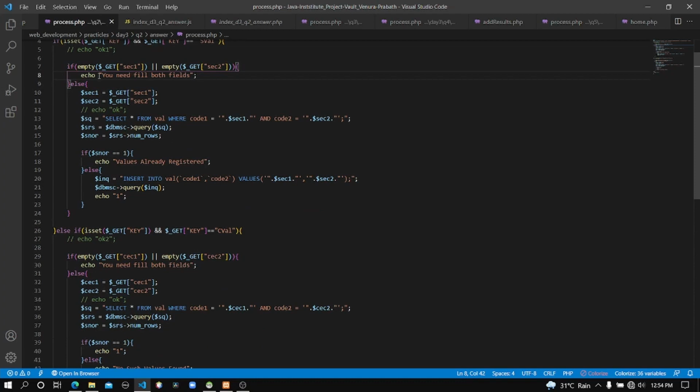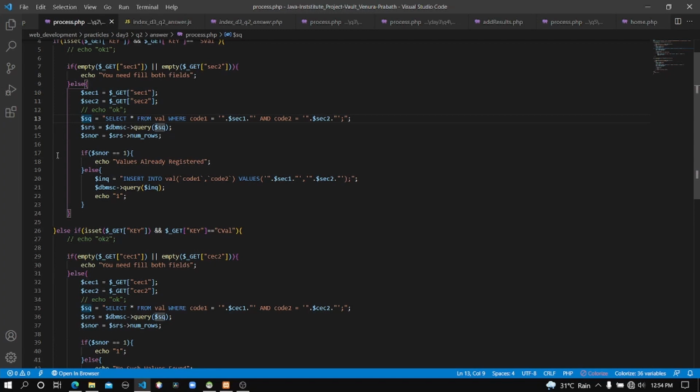So after that, if the values are not empty, it will execute the else part. Here's the else part, and in the first line you can see I created two separate PHP variables and assigned the values which come in the get method, called sec1 and sec2, to separate variables.